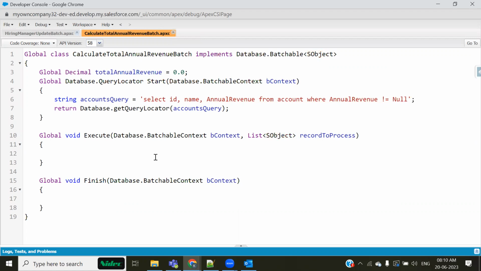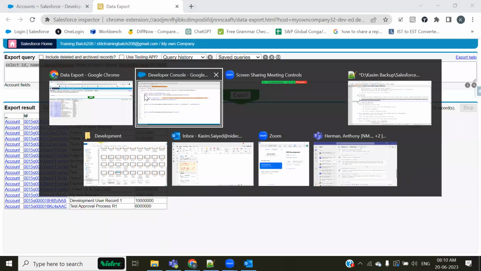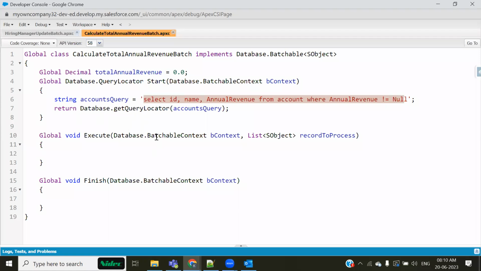Yeah. All right. So now this query is going to return only those accounts where the value of annual revenue is null. By the way, these are those records. They have been, one by one, the batches, they have been written into recordToProcess. So when I go to the execute method, my first responsibility is to check for null pointer exception. So what we are going to see is that this recordToProcess is not null,